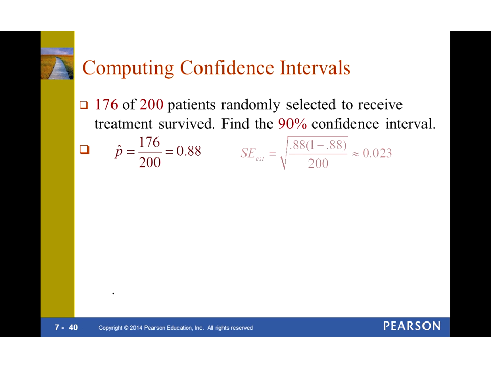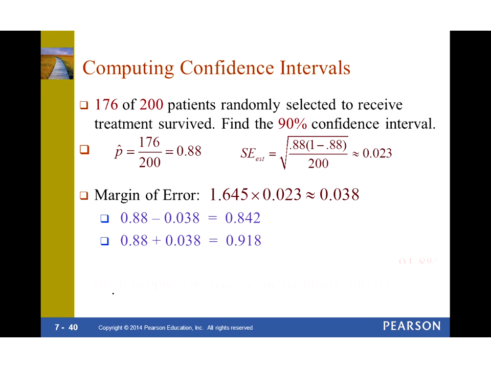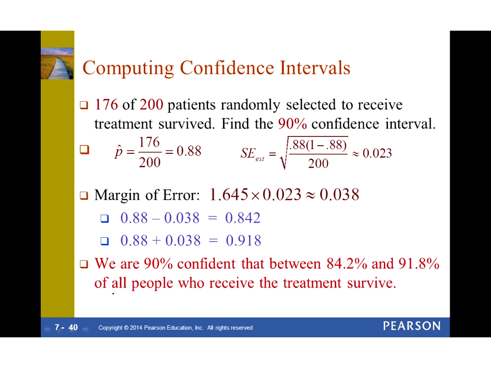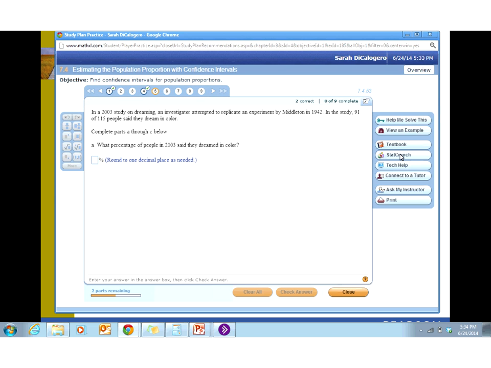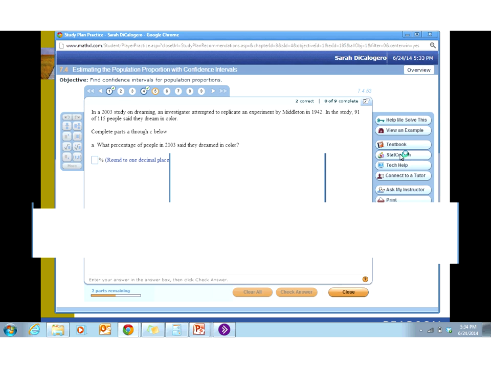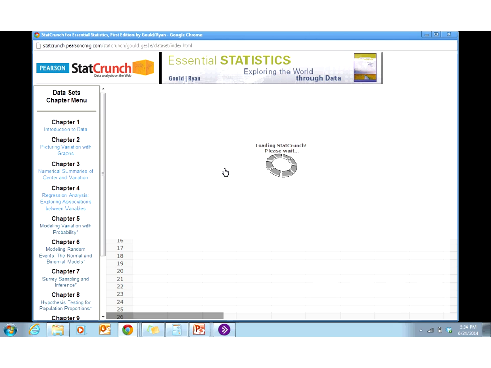So you find your margin of error because for a 90% confidence interval, see the previous slide, it's 1.645 standard deviations away from the mean. We add and then we subtract. So we can say with a 90% level of confidence that between 84.2 and 91.8% of all people who receive this treatment survive. Now I'm going to show you